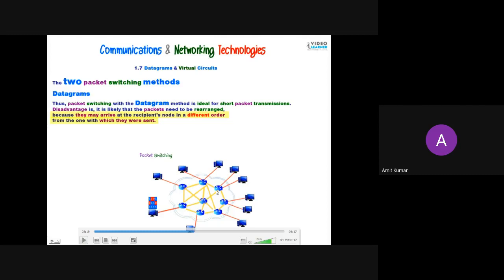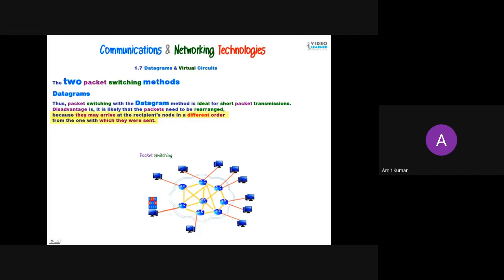In this method, the disadvantage of using this network is that the message arriving at the receiver end needs to be rearranged properly. It may happen that the first part of your message has been routed through a path that has some delay, and the second part doesn't find any delay, so it reaches first. Now they reach at different times. So at the receiver side, you need to rearrange your packets properly so that you can retrieve your message properly. That is the main target.